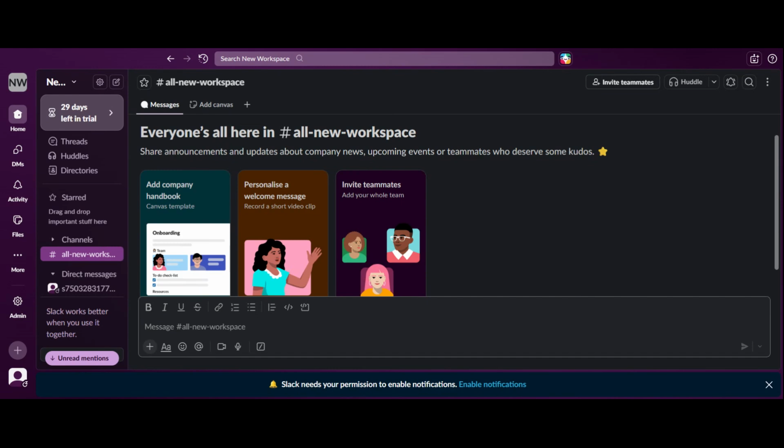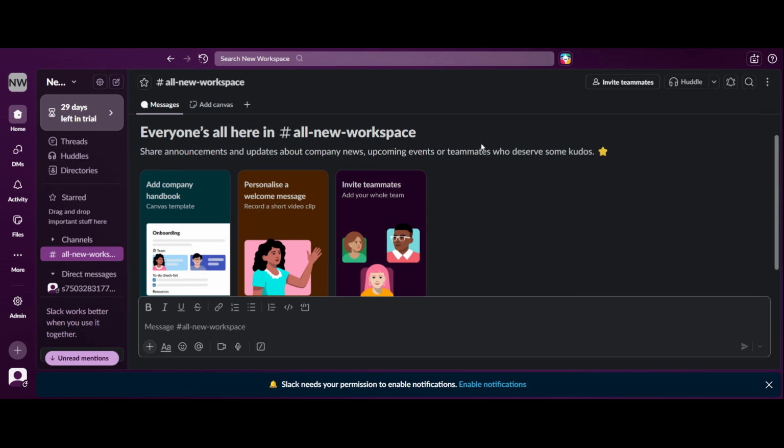Alright, let's jump right in. First, open your browser and go to your Slack homepage. Make sure you're logged into the workspace where you want to add the app. This is important because apps are added on a workspace level, not just to individual users. Once you're on the Slack homepage, take a moment to confirm you're in the correct workspace, especially if you manage